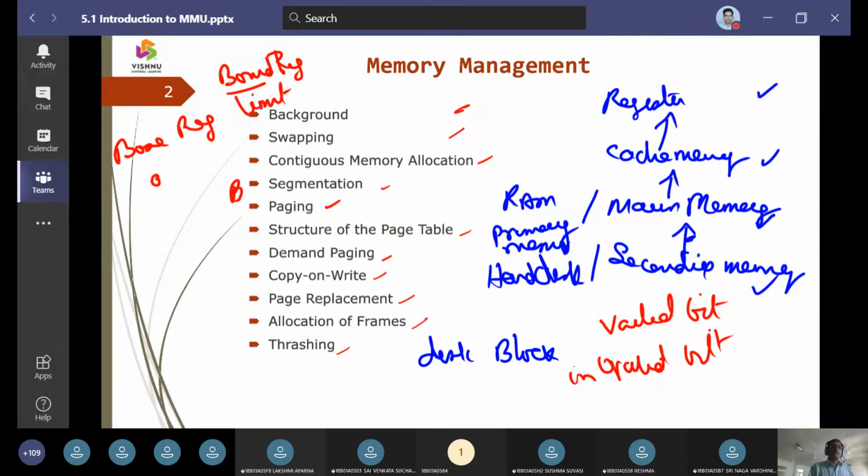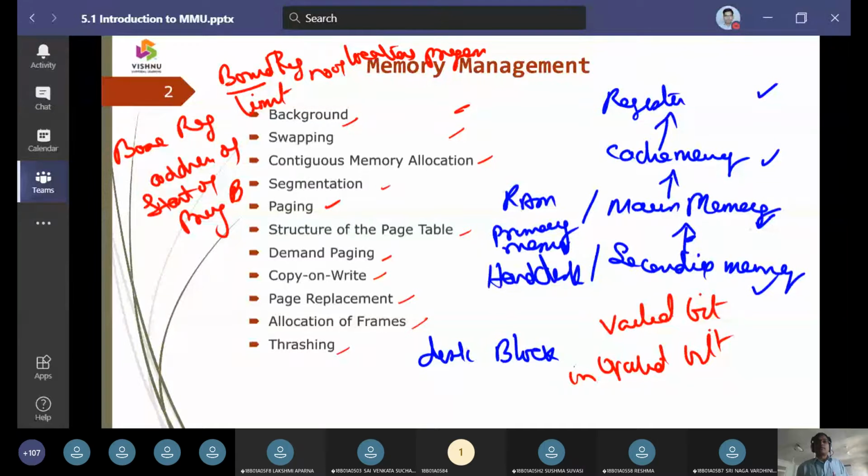The base register is going to hold the address of the start of the program, and the bound register is going to hold the number of locations over which the program is spread.